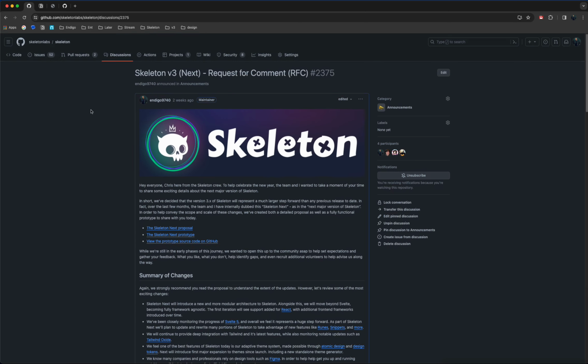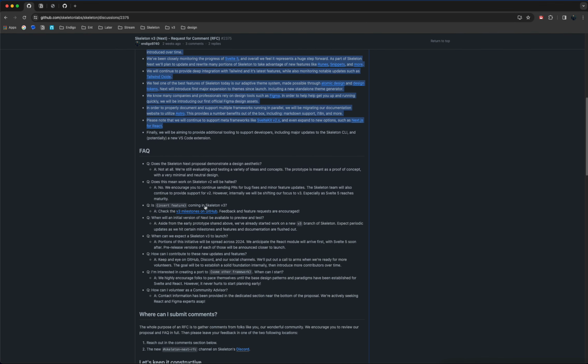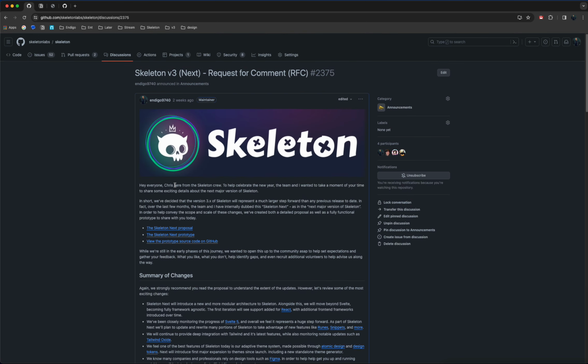If you haven't already, you are welcome to come on to the Skeleton repository on GitHub. Check the discussion section, and we have this RFC post pinned at the top of the section. This includes links to things like the overall Next proposal, which represents the next major iteration of Skeleton v3. It also links to the prototype and the source for the prototype, covers some of the basic changes, the FAQ, just questions you might have about what this is and how it's working, and all of those details. A lot of this has been covered in previous videos, so we'll put that to the side